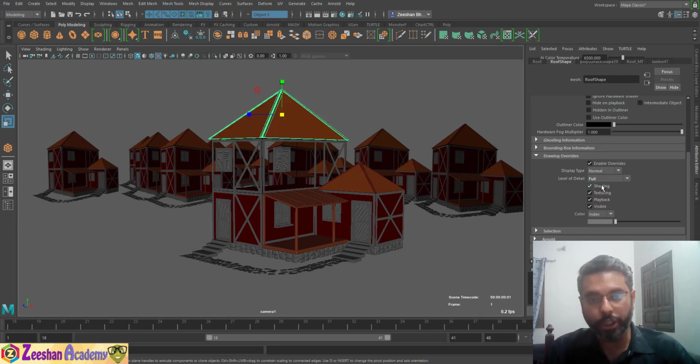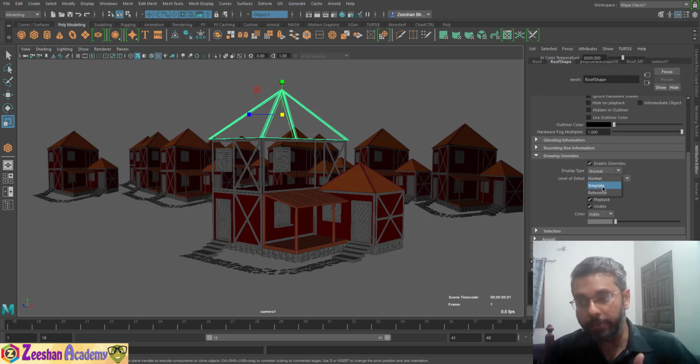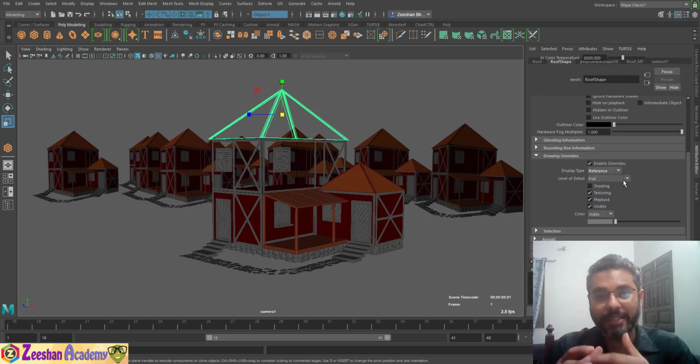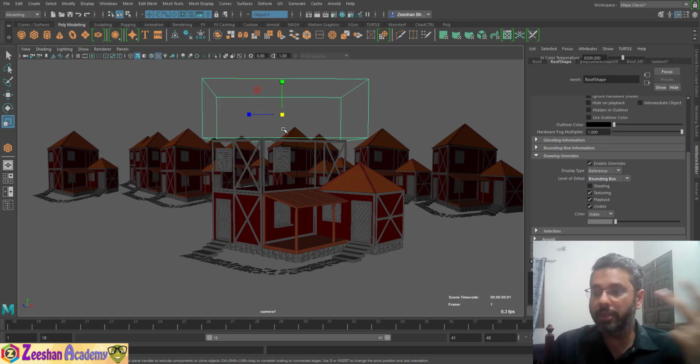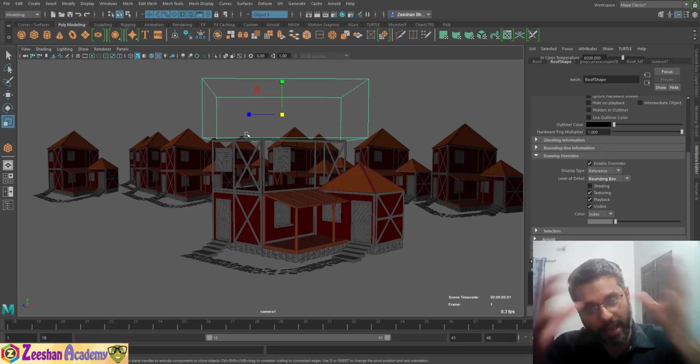I can go back into full shading, full view, then something called shading, which basically means that I don't want to view shading. Again, another example: if you need to view an object but you don't want to make it a template because you want to select it, and you don't want to reference it because again you want to select it, you want to move it, it has to navigate with the scene, but it is taking a lot of space. If you want to take it to bounding box, it again just messes up your entire scene structure.